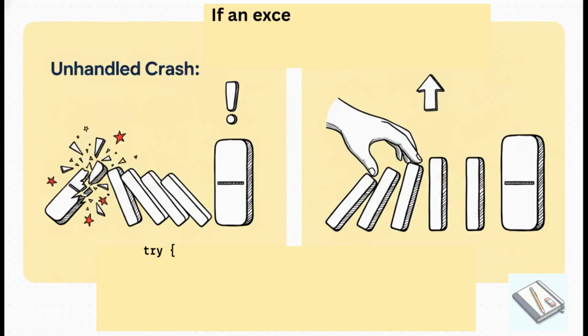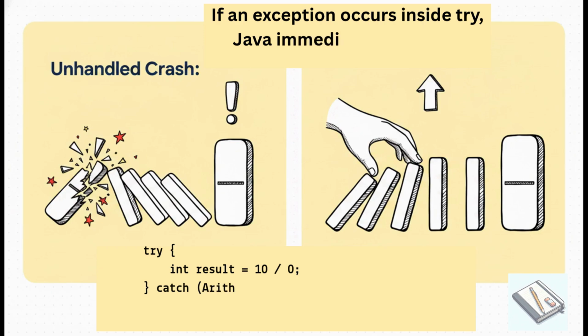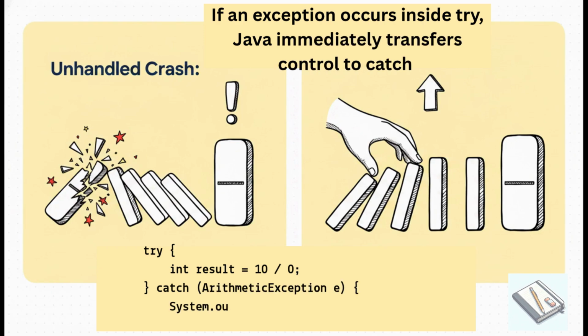This slide says it all. On the left, you've got that uncontrolled crash we just saw, but on the right, we've intervened. By wrapping that risky code in what's called a try block, we're basically telling Java, hey, try to do this, but be ready for things to go wrong. And that catch block, that's our contingency plan. It's just sitting there waiting to jump in if, and only if, that specific arithmetic exception happens.